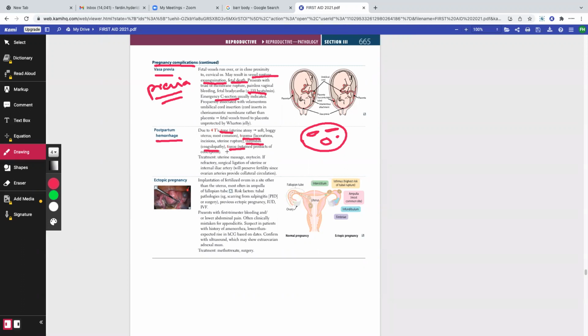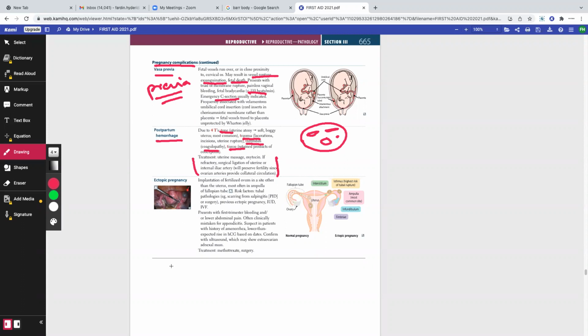Treatment of postpartum hemorrhage is not so simple. First and foremost, let me just tell you, if you have a patient of postpartum hemorrhage who comes to the emergency department, number one, are you willing to open two large bore IV needles, one on each arm? Yes or no? First answer, please. The answer is yes. Then are you going to infuse saline to maintain the hemodynamic status of the patient? The answer is yes.